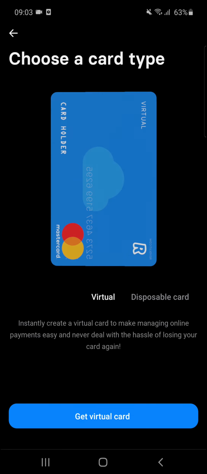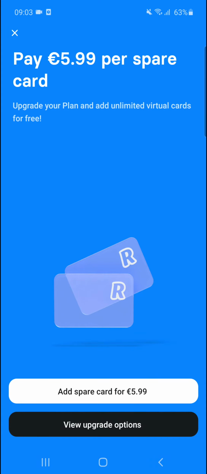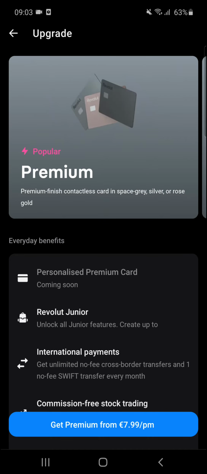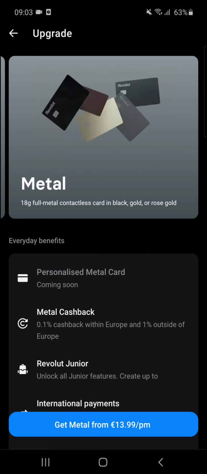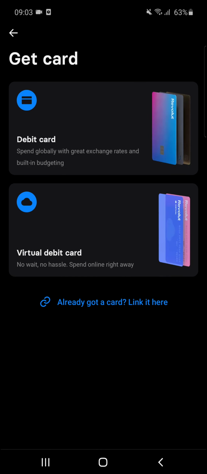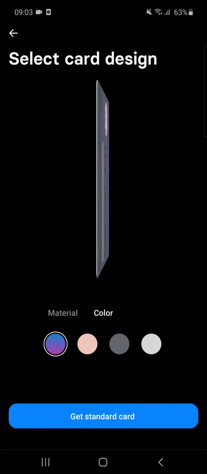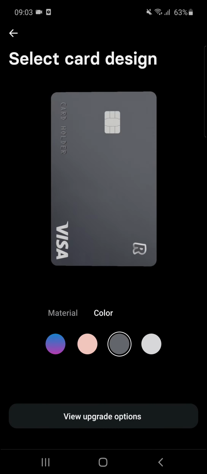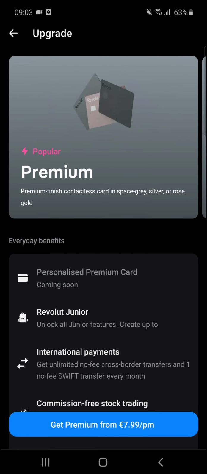You can get a virtual card here. You need to upgrade if you want to, and premium. And this is another way how you can actually add a card, right? Need to choose,